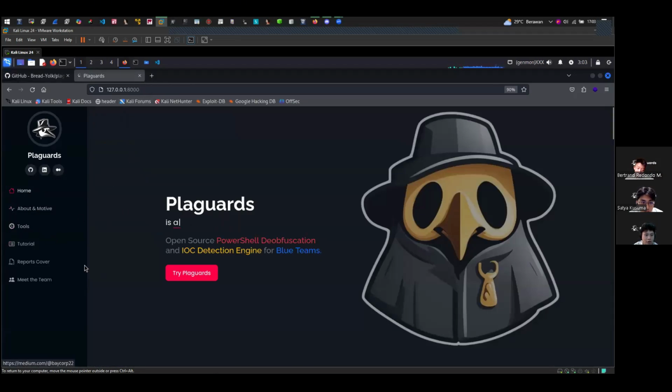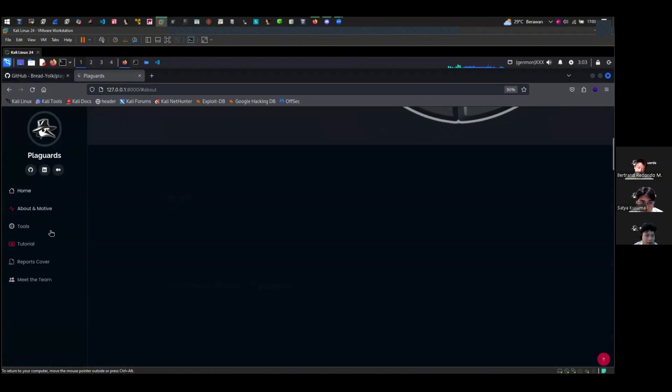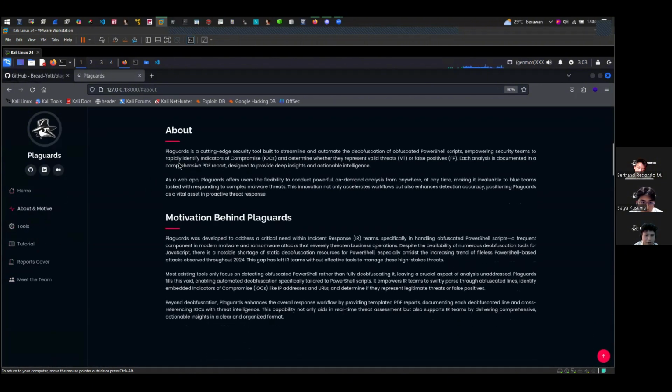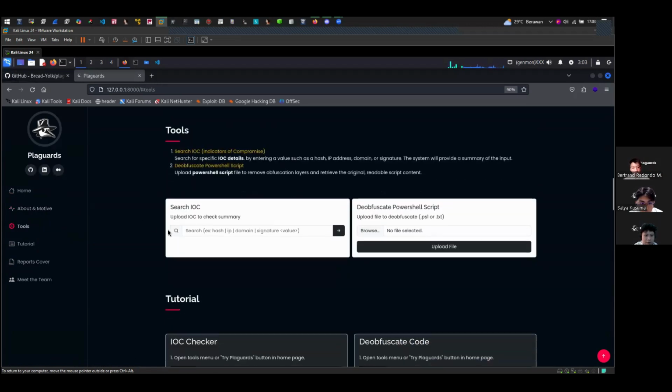To navigate in the browser, you may choose any of the options available in the left side navbar. There are About and Motives, which cover our proposed background for developing PlayGuards, and Tools, which holds our main features like the IOC checker and the obfuscator for PowerShell.